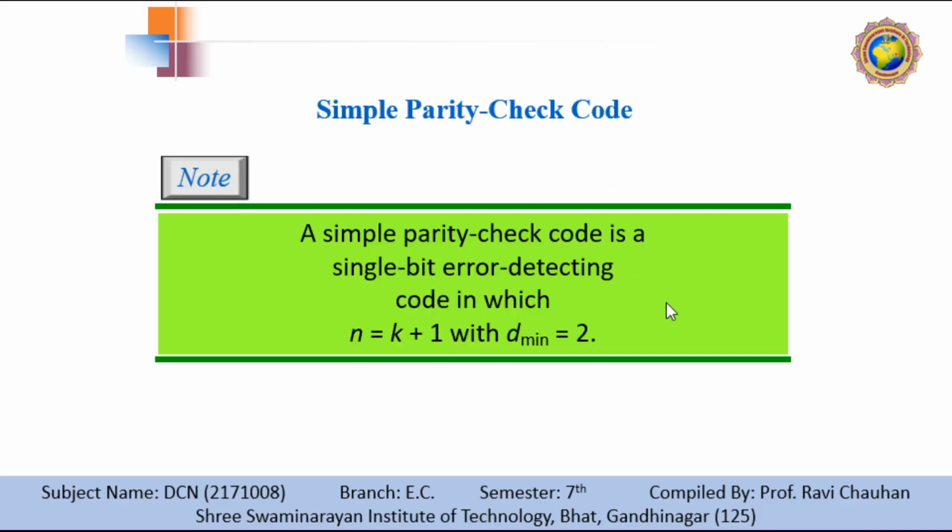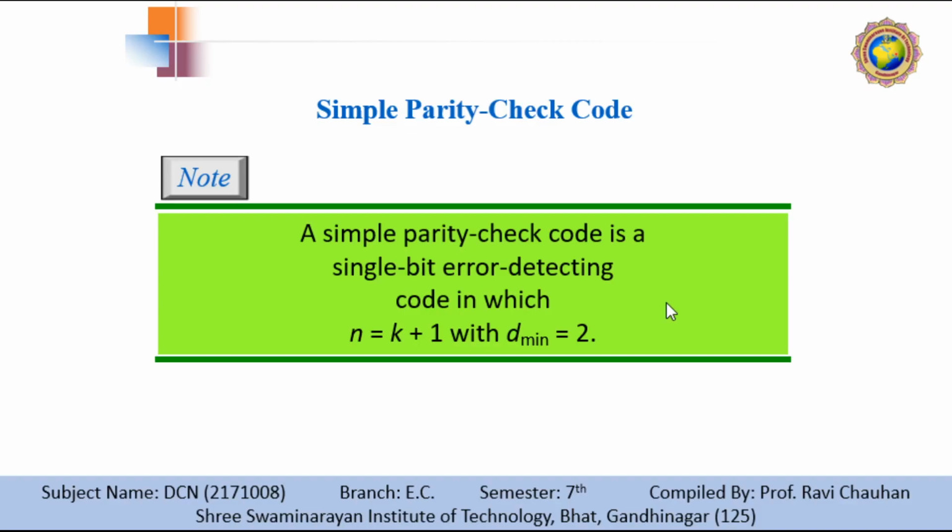A simple parity check code. Now, let us show some linear block codes. These codes are trivial because we can easily find the corresponding encoding and decoding algorithms and check their performance. First is the simple parity check code. Perhaps the most familiar error detecting code is the simple parity check code. In this code, a k-bit data word is changed to an n-bit code word, where n is equal to k plus 1. An extra bit, called the parity bit, is selected to make the total number of ones in the code word even.